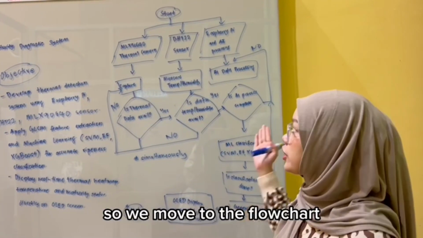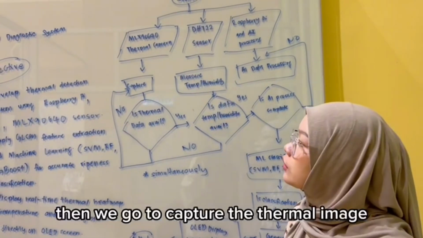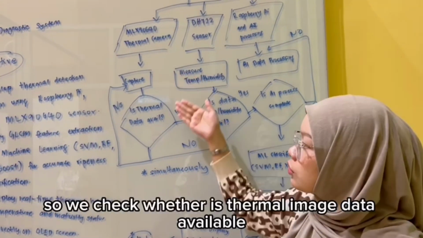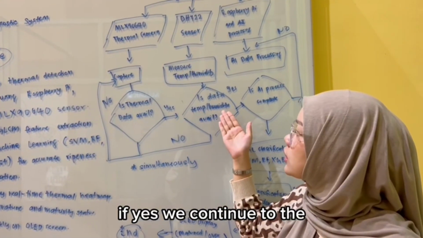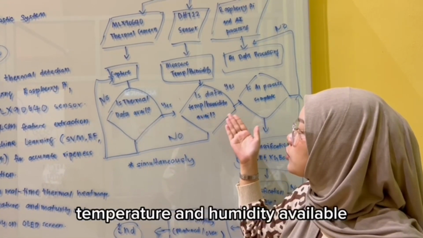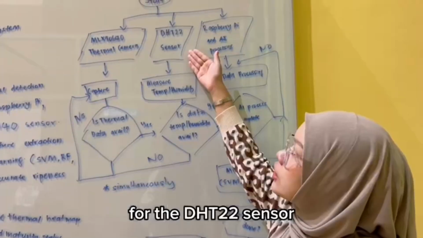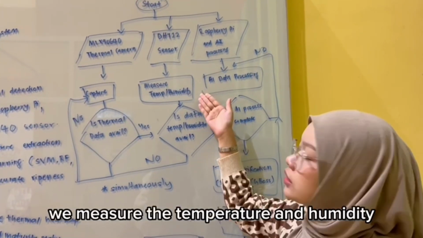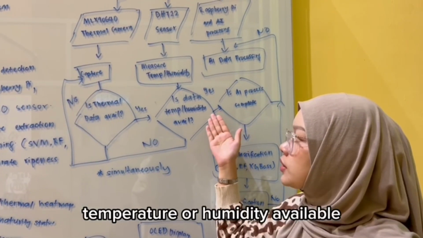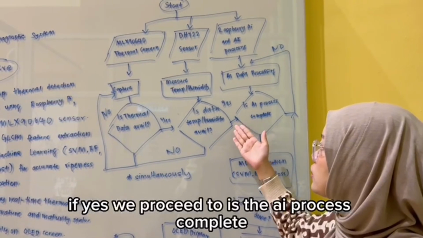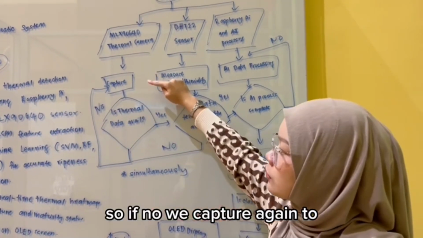So we move to the flowchart. We start with the MLX90640 thermal camera. Then we capture the thermal image. So we check whether thermal image data is available. If yes, we continue to check whether temperature and humidity data is available. If no, we will capture again. For the DHT22 sensor, we measure the temperature and humidity. So we check again whether there is temperature or humidity data available. If yes, we proceed to check whether the AI process is complete. If no, we capture again